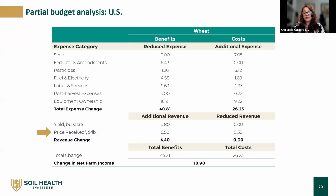Market prices for crops fluctuate, so revenue due to changing yield was calculated based on a long-term average price for wheat. Using that price, the net revenue from growing wheat in a soil health management system increased $4.40 per acre due to increased yield. So overall, a soil health management system increased net income for these farms by an average of $18.98 per acre